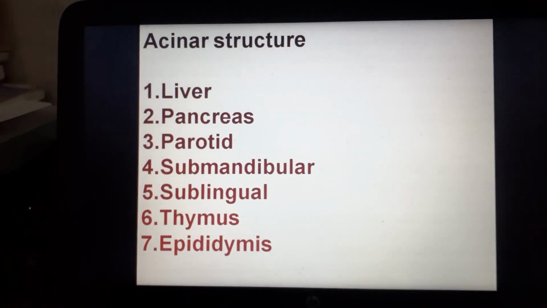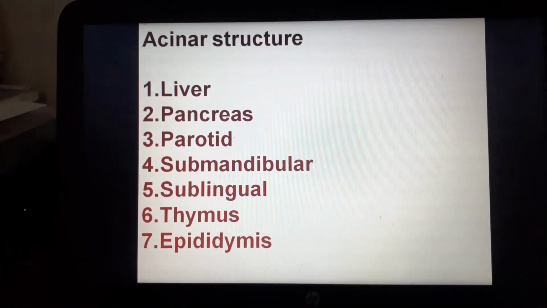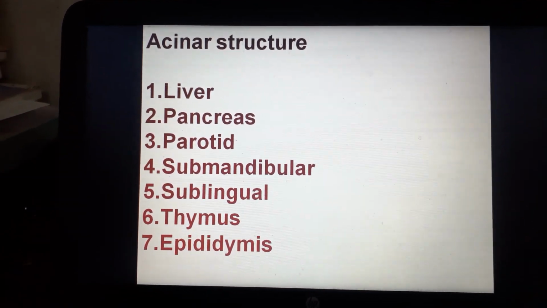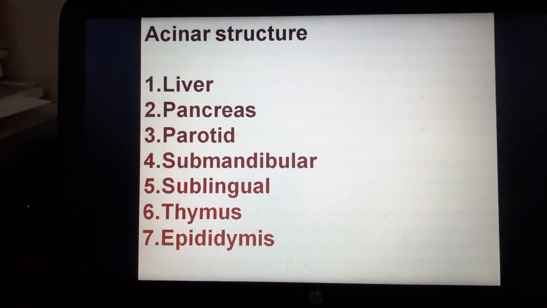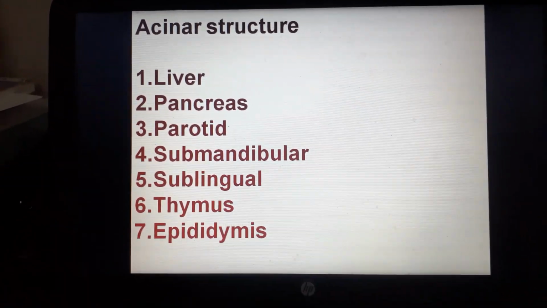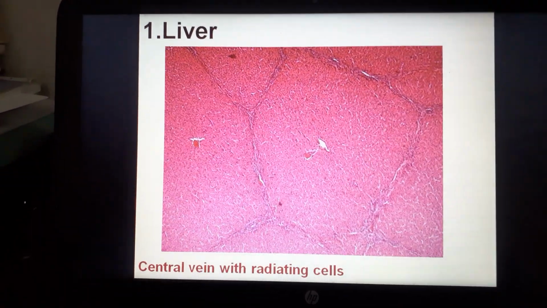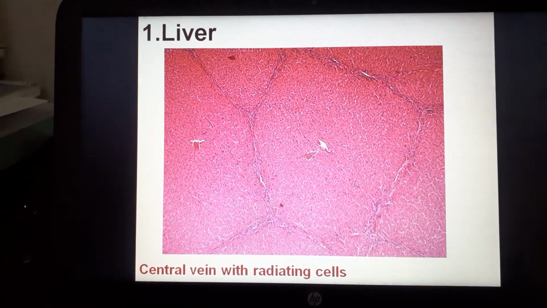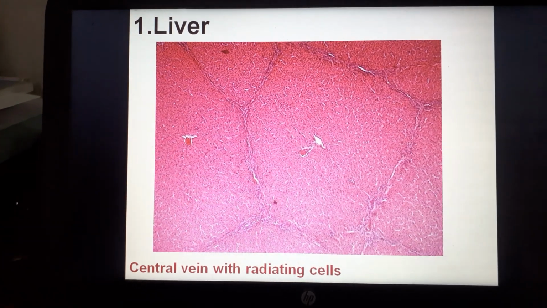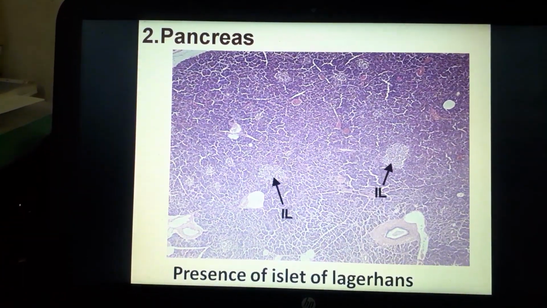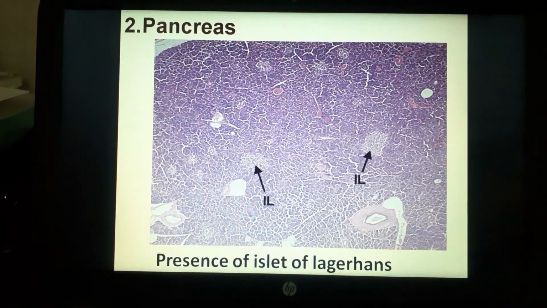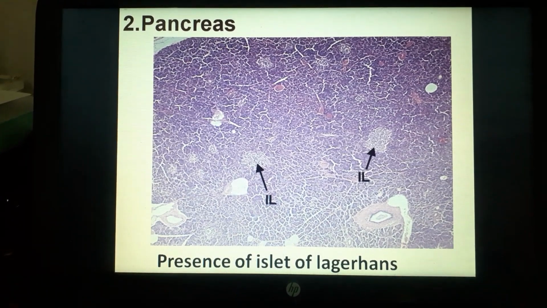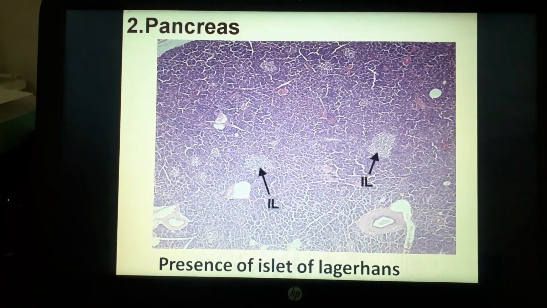Okay. Now the third one is the acinar structure. Many histological slides show acinar structure like liver, pancreas, parotid, submandibular, sublingual, thymus and epididymis. In liver, very characteristic, central vein with the radiating cells. Here you can see, if acinar structure but presence of islet of Langerhans, the black mark showing the islet of Langerhans,